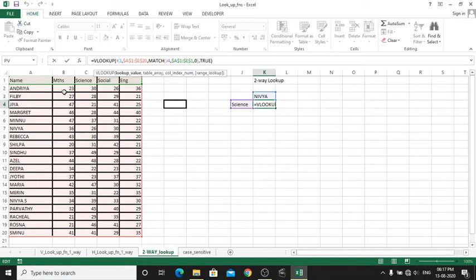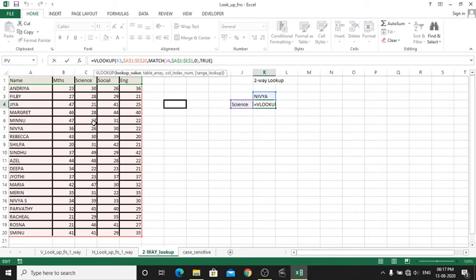Suppose if I want to find out the mark of Nivya, then Max was static there, right? Because suppose I am a Max teacher and I know the marks of some students, but I don't know marks of few students. Like Nivya, I don't know her mark, what is the mark that she scored in Max. So Max was static and Nivya also static.